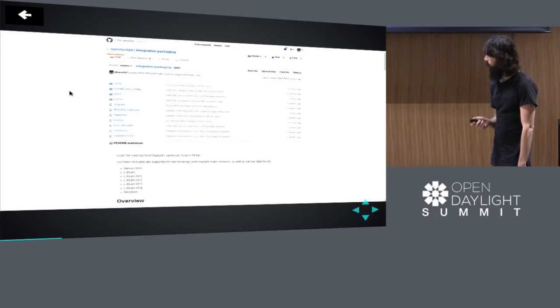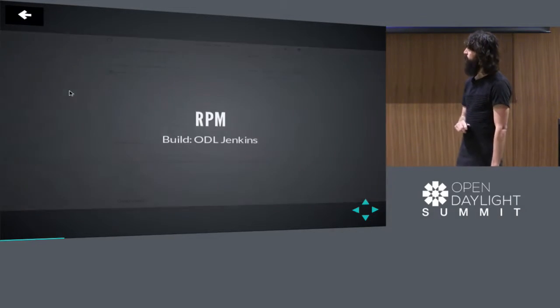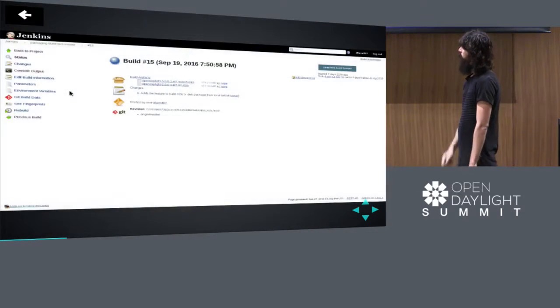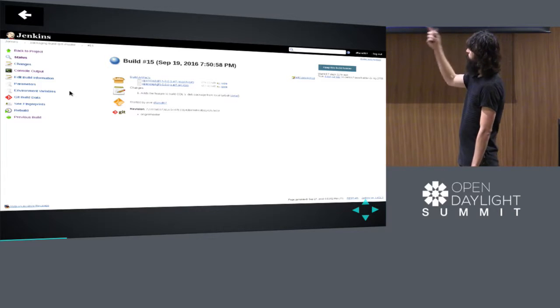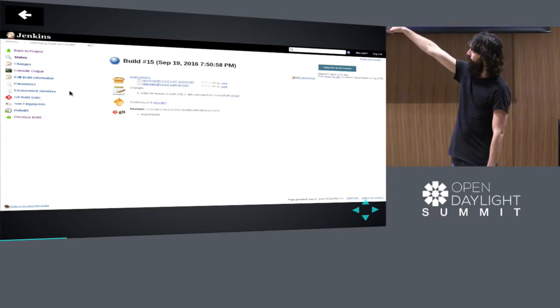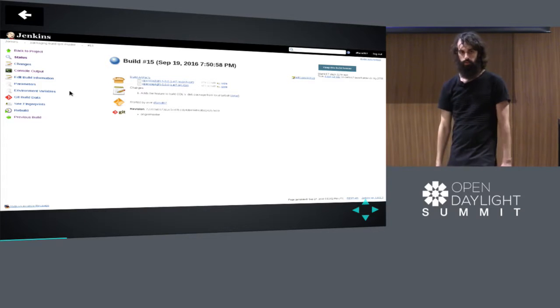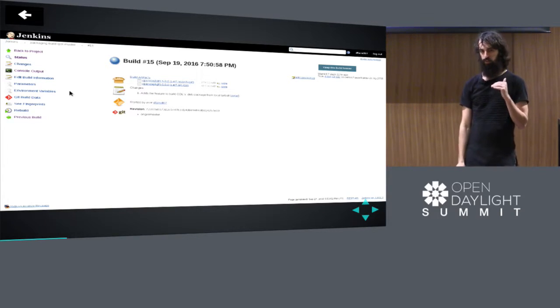So you can go look around at how to do that in the integration packaging repository, and there's decent docs there. We also have a Jenkins job that builds RPMs. This is a screenshot of some built RPMs here, but if you were to go look at the parameters section there, on the left there's a set of fields where you basically define everything relevant